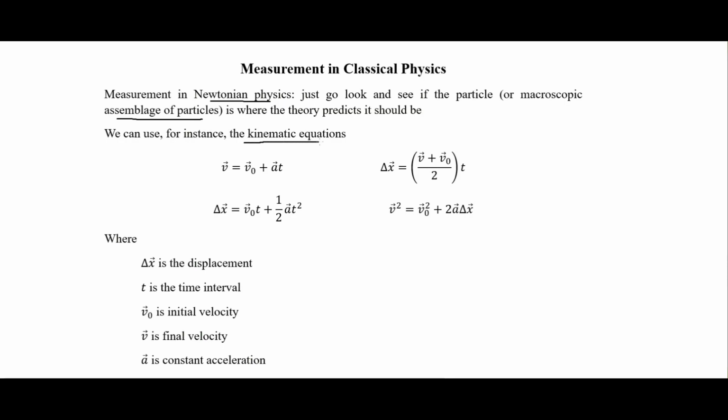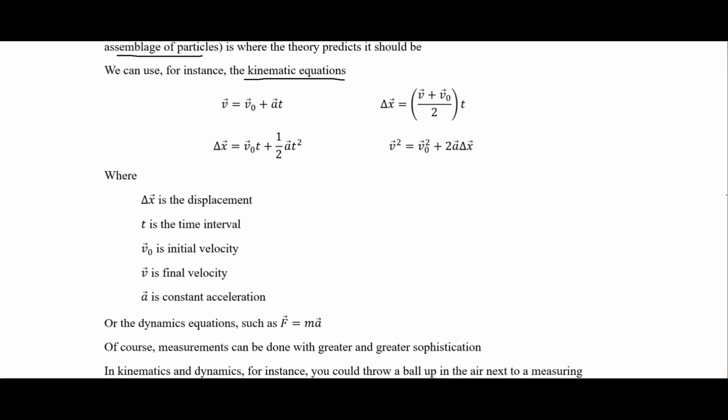And so we can use the kinematic equations here. I'm not going to go through these, but these are the kinematic equations if you take a freshman level physics class, at least the first semester of it. You're going to be using these quite a bit, as well as this F equals ma. But these give predictions, at least if you make some assumptions, like you're in a vacuum and things like that. But they make fairly accurate predictions for just things like throwing a ball, or the way gravity works, or the acceleration of objects and things like that.